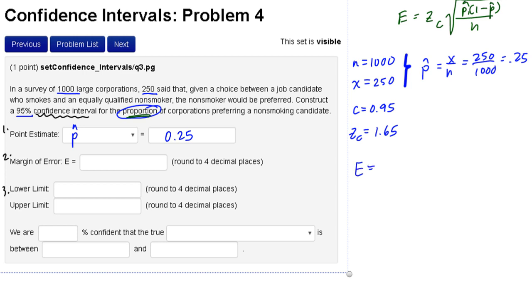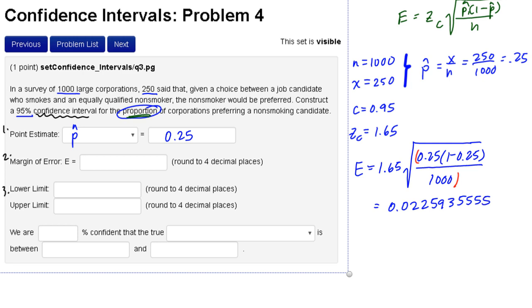That makes the margin of error 1.65 times the square root of p hat, 0.25, times 1 minus p hat, or you could write 0.75 there if you want, divided by the whole sample size, 1,000. Now all this stuff has to be under the square root, so if you don't trust your calculator or the radical doesn't extend far enough for you to be convinced, you can enter those extra parentheses. I did that in my calculator and I got a margin of error of 0.0225935555. That's all the decimal places my calculator would show. To enter it into WebWork, enter 4 decimal places. On the exam, I'll ask you for 4 as well. 1, 2, 3, 4 is this 5. 5 looks next door to the 9. The 9 rounds the 5 up to a 6. So we'll enter